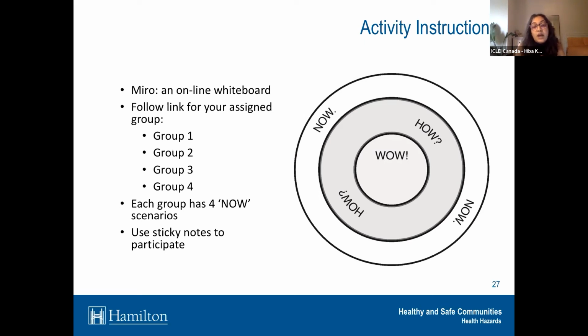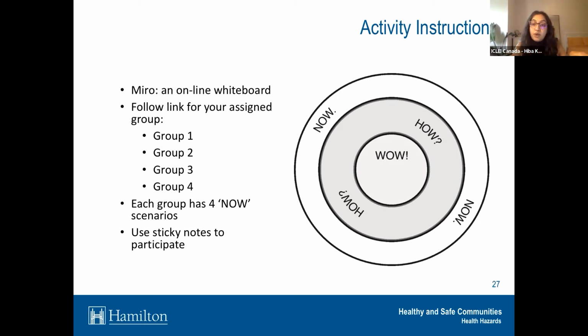And so what we want to mimic is, if we were in a workshop together, we would have a giant target type of figure on the table, and we'd have tons of sticky notes, and it would be really collaborative. And we want to try to mimic that as much as possible. And so we're using a platform called Miro. It's an online whiteboard type of application. Maybe some of you have used it before, some of you haven't, but we will run through the instructions. And once we're in the breakout, we'll give you some time to acclimate to the board as well. So don't worry about it. It is quite simple, but there are just a few things to keep in mind as you navigate it.